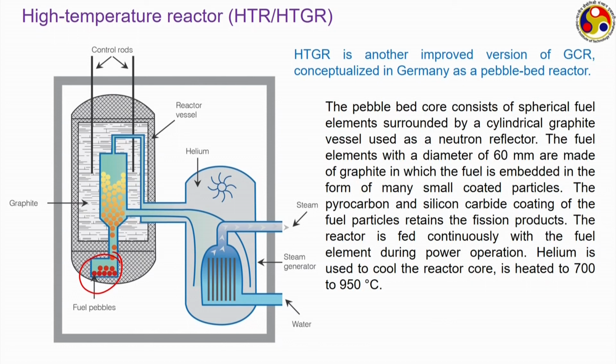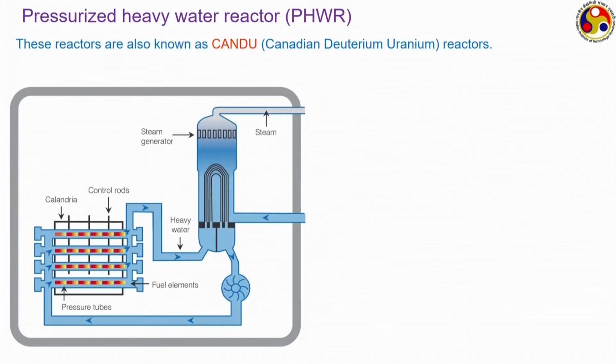For cooling the reactor, helium is used as the coolant, and this helium can be heated up to 700 to 950 degrees Celsius. So, here the temperature level is even higher compared to the advanced gas cooled reactors, that is AGR. Next, the pressurized heavy water reactor, PHWR. This kind of reactors are also called CANDU reactors because they originated from Canada, and the term Canadian deuterium uranium combines to this